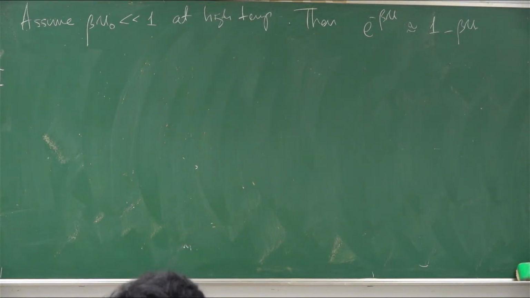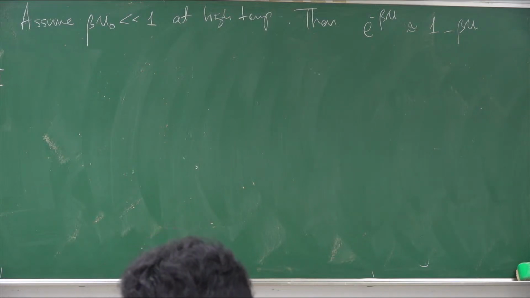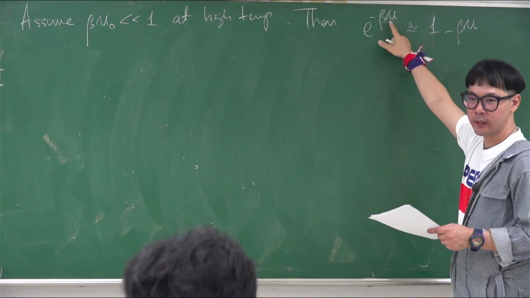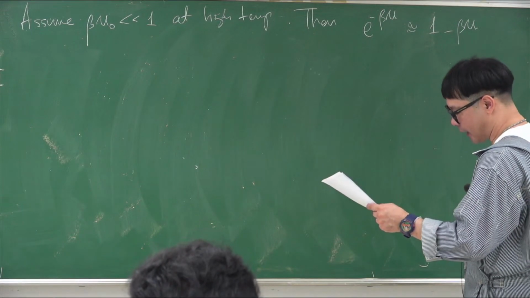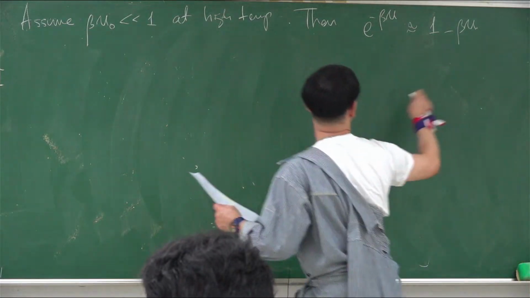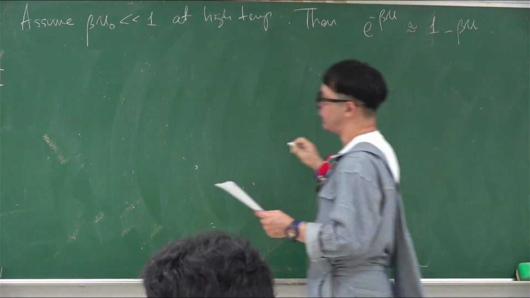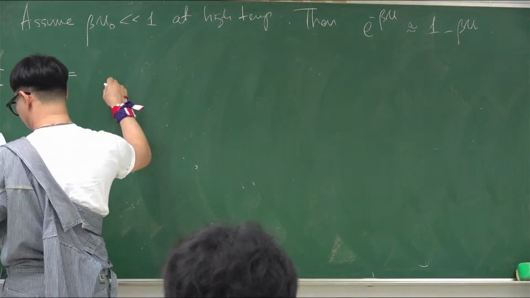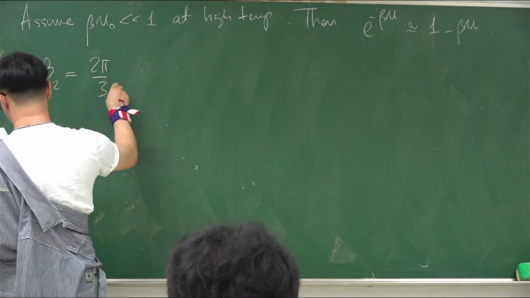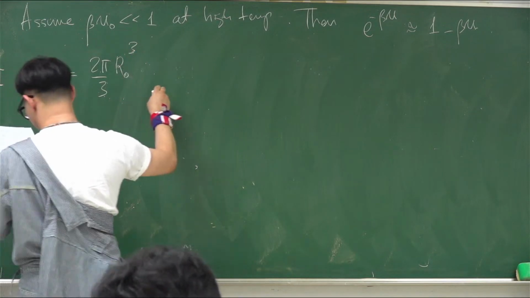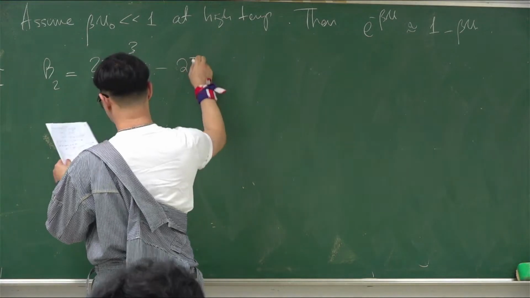Right. Because if it's high temp, it means that this term is going to be very small, right? You can do the expansion. Once you do the expansion, then you can do this integration, of course. Then your B2 is going to be half 0 third 2 pi